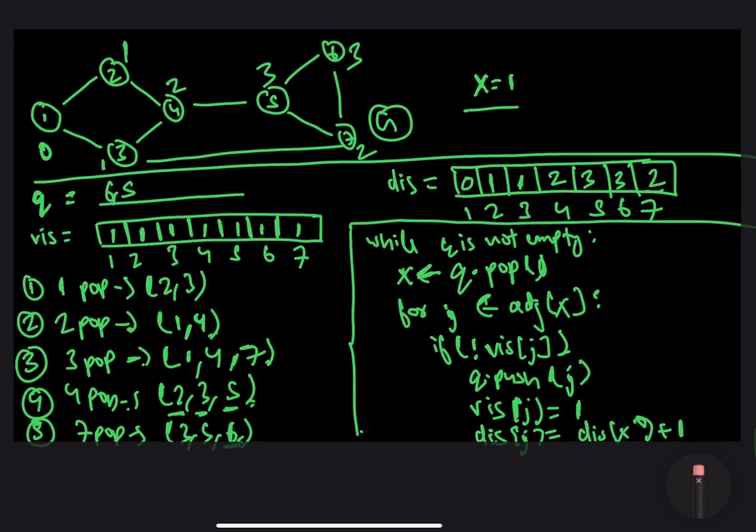All right, and now in the next iteration, node number 5 will be popped since it's the frontmost element of the queue. So in the sixth iteration, node number 5 will be popped, but nothing will happen after that. And in the seventh iteration, node number 6 will be popped, but then again nothing will happen. All right, so in any case, this pretty much gives us the distance of all the nodes from the starting node x equal to 1 for this unweighted graph for this particular test case.